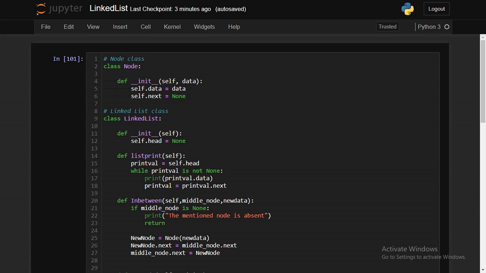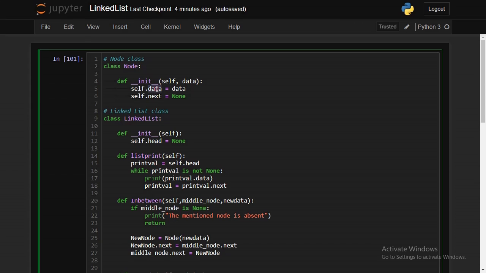So, coming to linked list, we need to create a class called node. It might be some other name also, but we usually call it node. This is how the node looks like. I've explained you in the board video, right? The single node, how a single node looks like. The node has two fields in it. One contains the data of the node and the other contains a pointer which points to the next node, right?